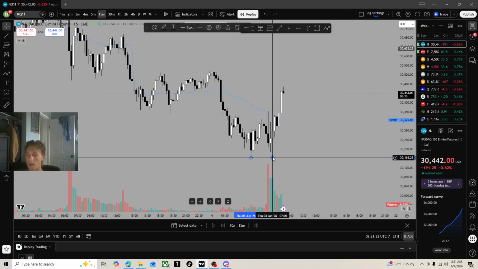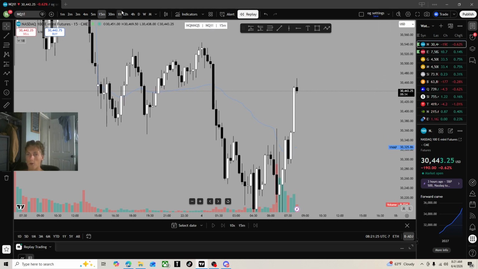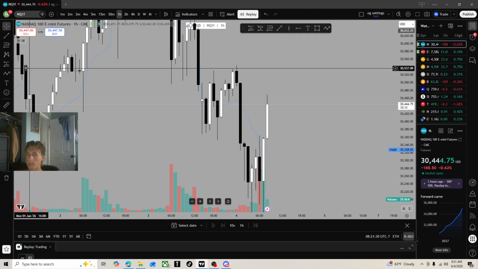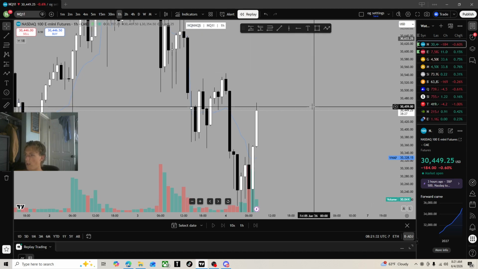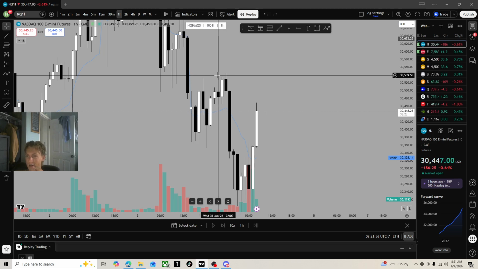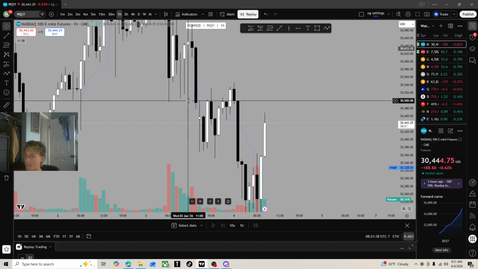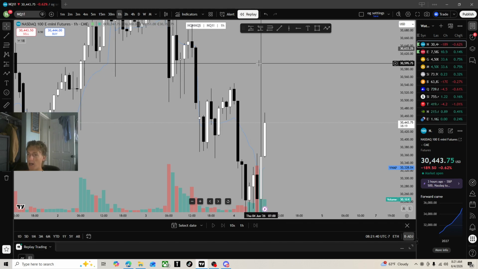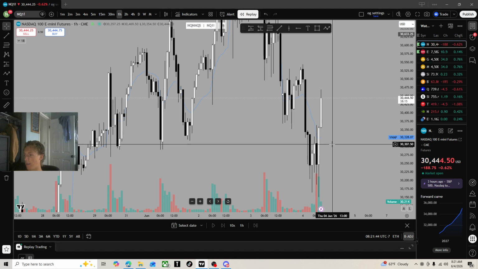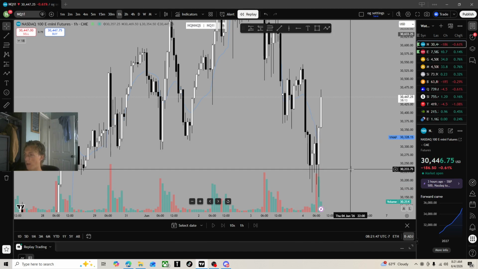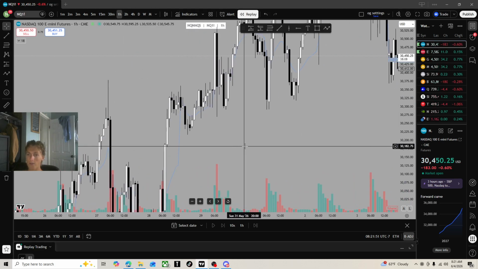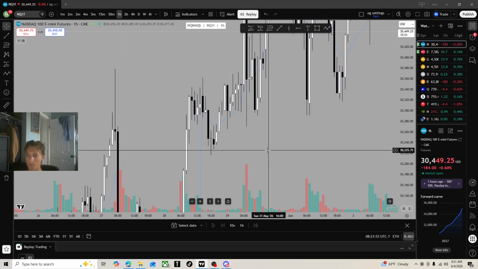But now I'm just going to talk about what an order block is. Let's look at the hourly time frame. So basically an order block is a level where price comes up, sweeps out a high, and it's the last candle that's closing in the opposite direction. Or in the other case, it would be the last up close candle before sweeping a low. So on the hourly time frame, we can see something like